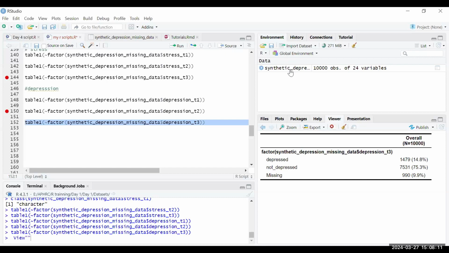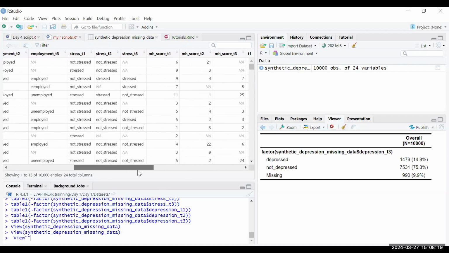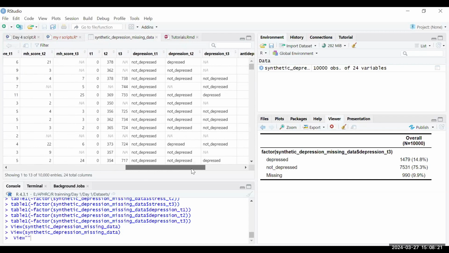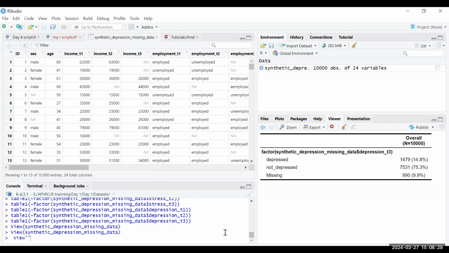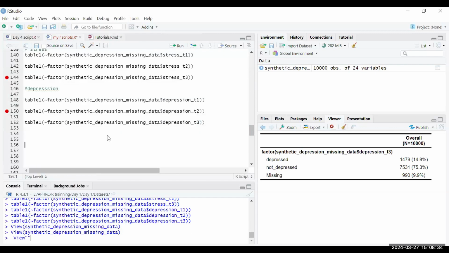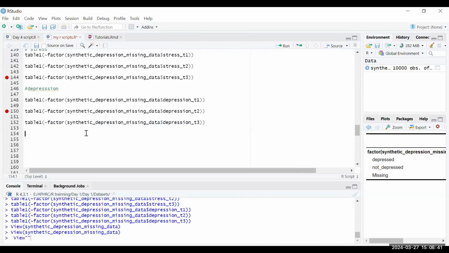So let me look at this data again. So I have stress, I have depression, and then what else are these? Those are other things. Now I want you to tell me, for example,